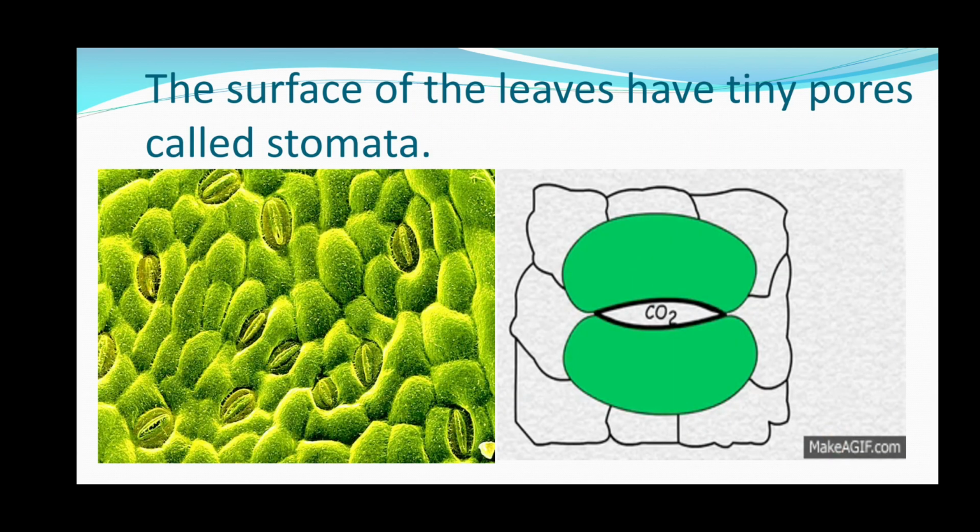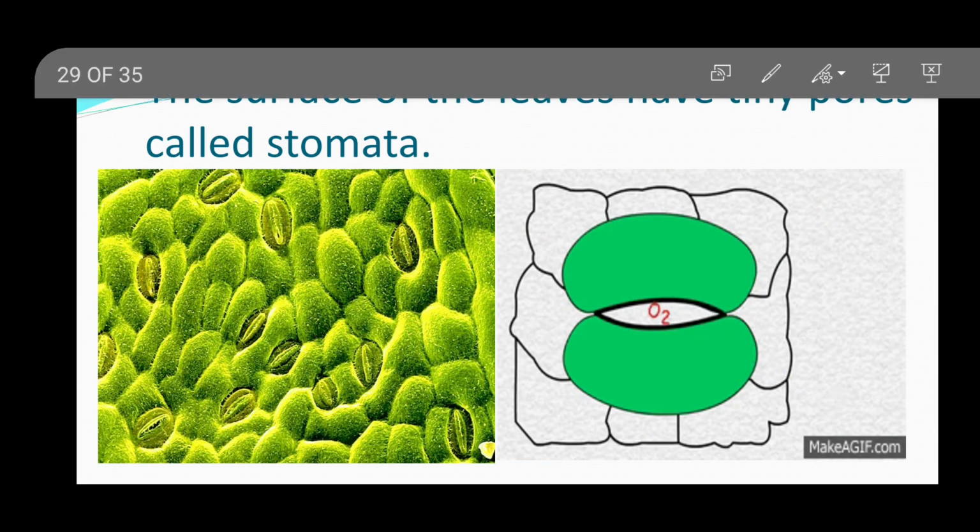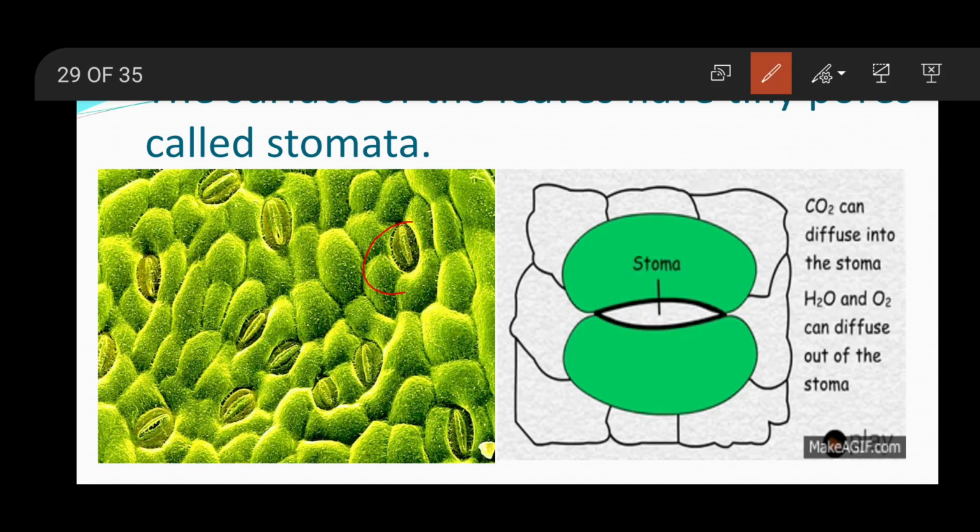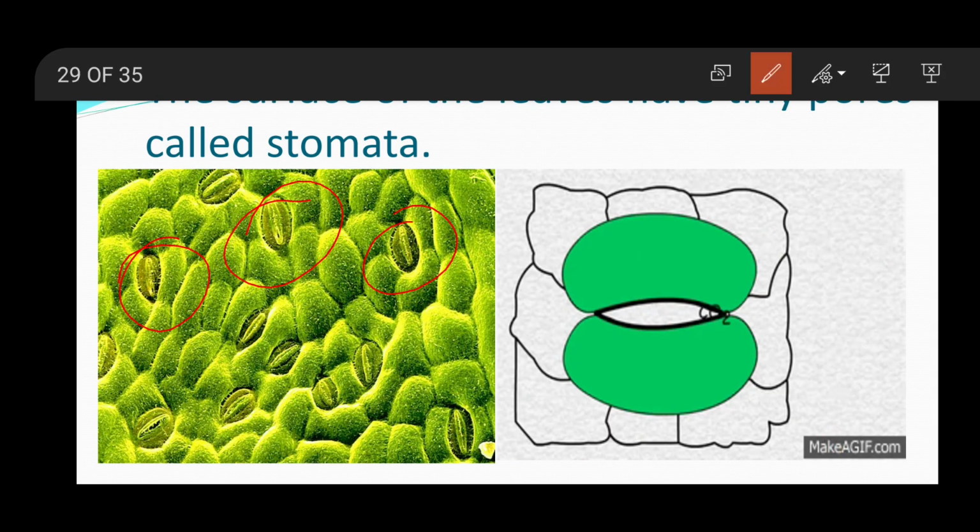The leaf also helps in the exchange of gases through small pores called stomata. These stomatal pores can be seen on the surface of the leaf. So these are the stomata. From here the exchange of gases takes place, meaning carbon dioxide is used up by the leaf for preparation of food and oxygen is released in nature. Along with that, by the process of transpiration, the excess water is also removed from the plant. So these stomata play an important role.